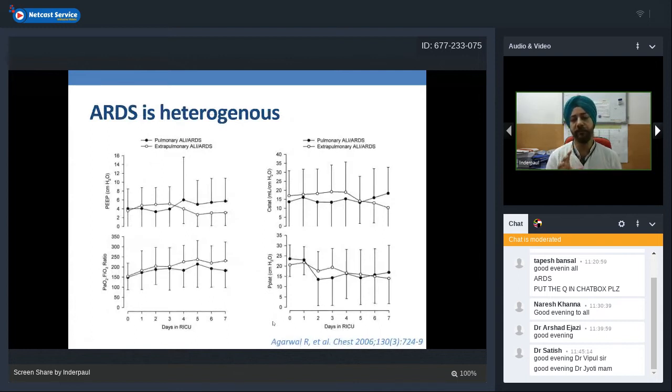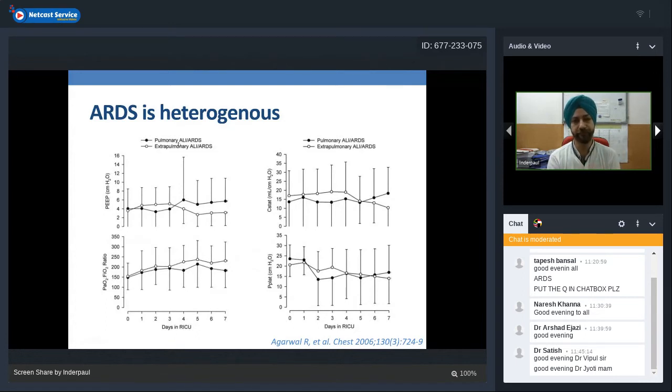Apart from this, I would also want to introduce you to the concept of pulmonary and extrapulmonary ARDS. In our textbook, you can say these are the causes of direct and indirect lung injury. Pulmonary ARDS is any ARDS which results from direct injury to the lung parenchyma, for example community acquired pneumonia, drowning, blunt chest trauma and lung contusion, or aspiration. So these causes lead to direct injury to the pulmonary alveolar epithelium and thus are categorized as